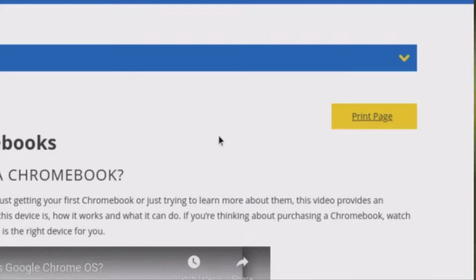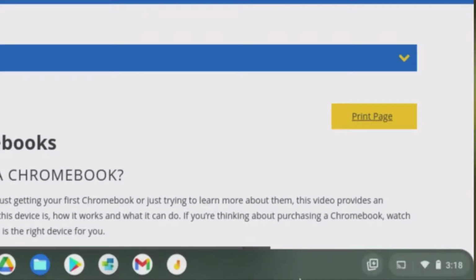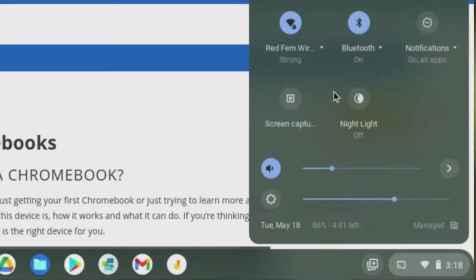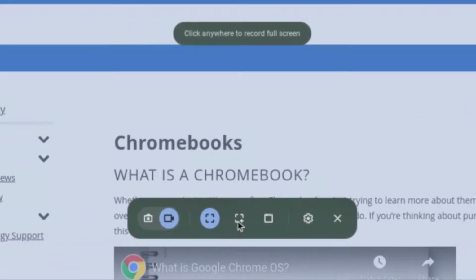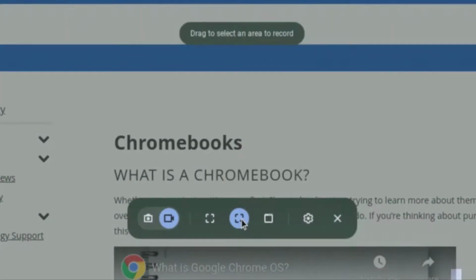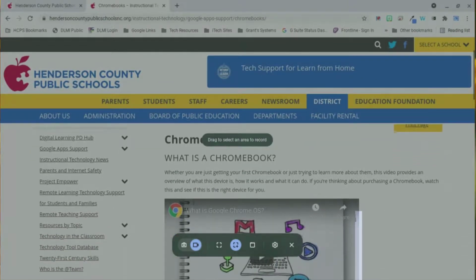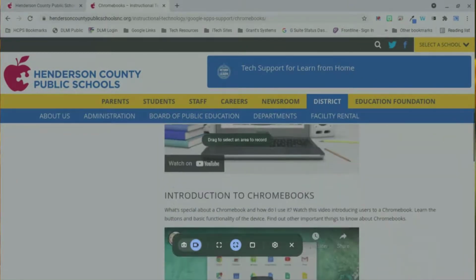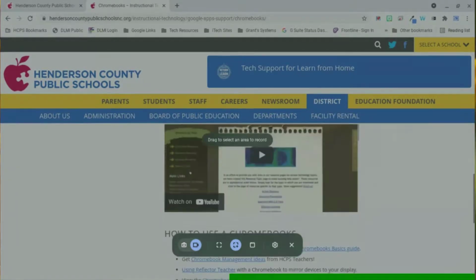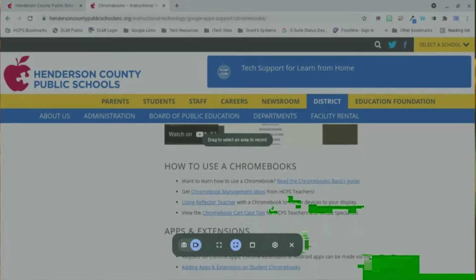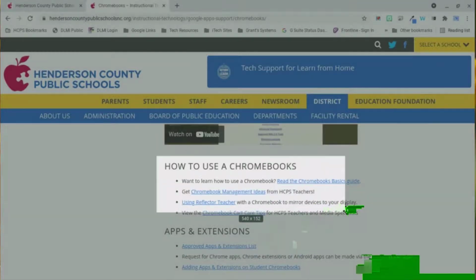So now let's talk about the other options that you have for screen recording. So I'm going to go back to screen capture. And now I'm going to take a look at drag to select an area. So let's say I only wanted to record a particular area. So I'm going to actually move my screen a little bit and say that I want to show my students how when they get to this web page, we're going to only talk about how to use a Chromebook. So I can actually select this area